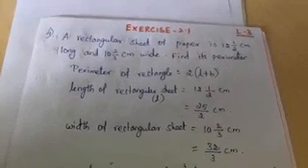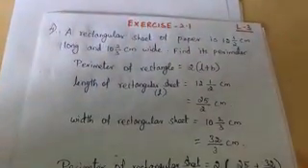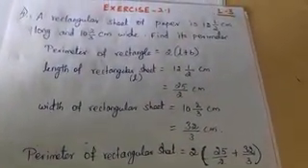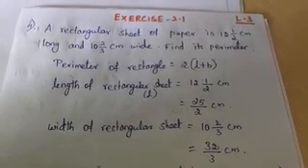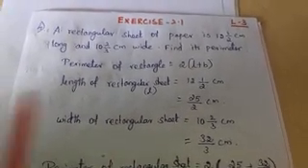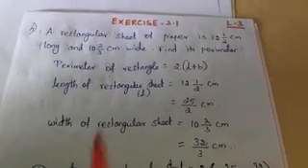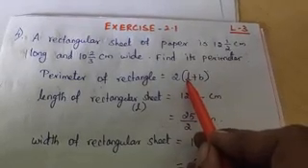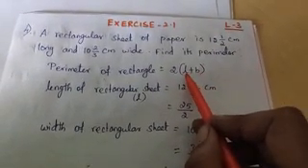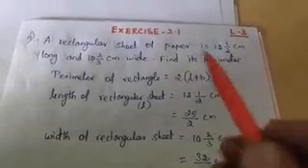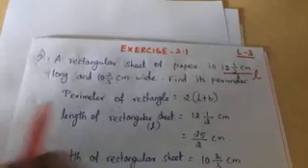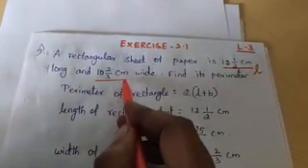First, perimeter means what? Sum of all the sides, right? Whichever the boundary part of the region, right? Whatever region you have taken, whether it is rectangle or square, whatever it comes, that boundary part is perimeter for you, right? So perimeter of rectangle, you already know the formula, that is 2 multiplied by length plus breadth, where length is L and B is breadth. Here long means that is the L value and wide means that is the B value.